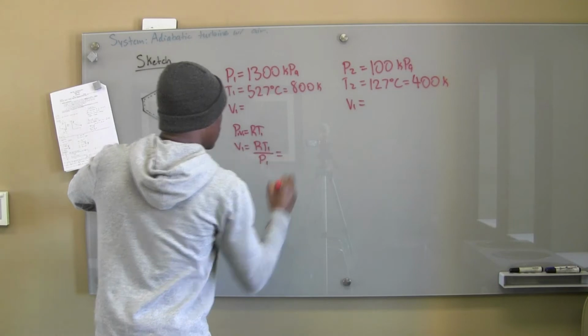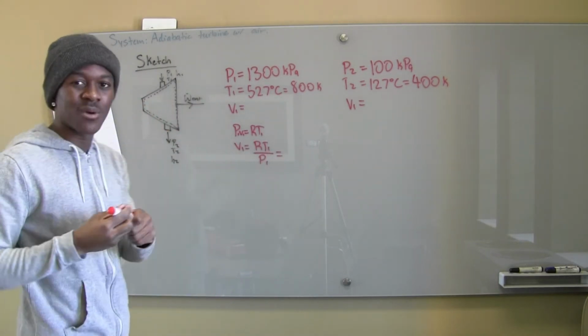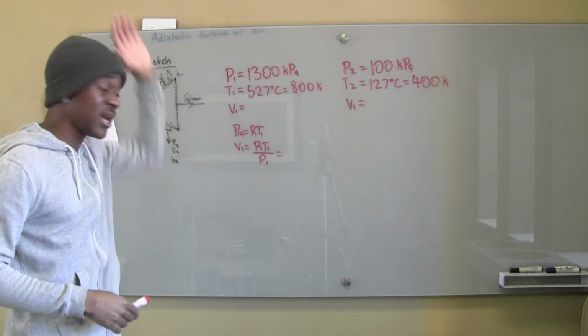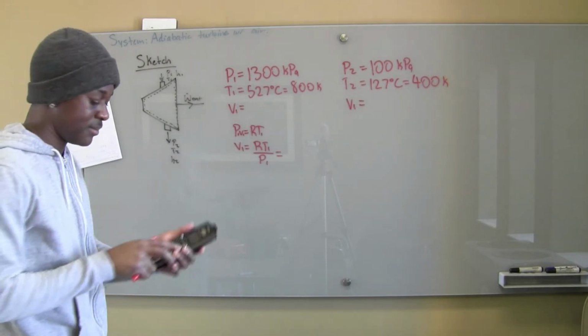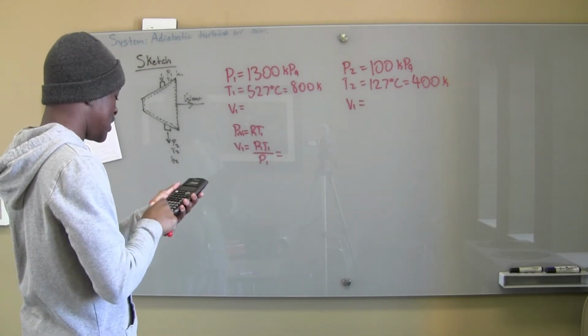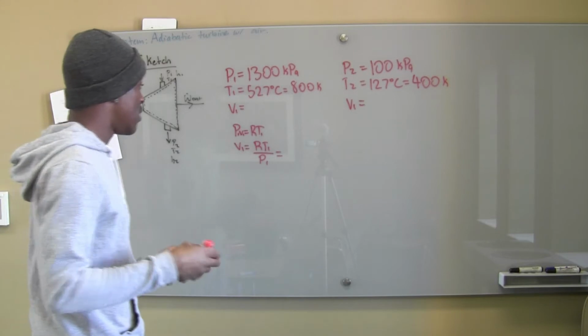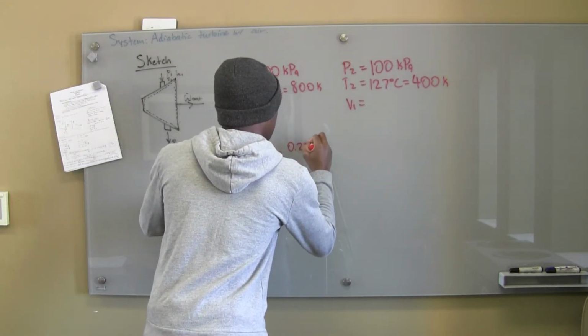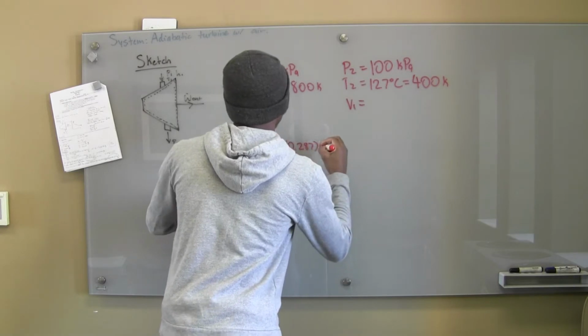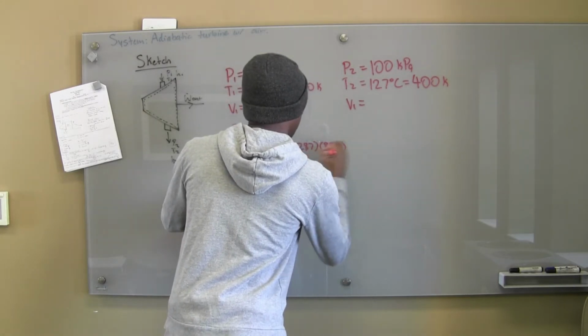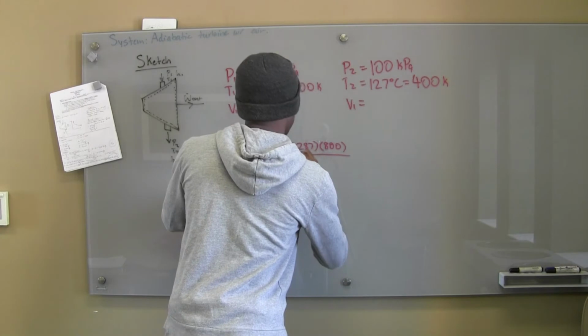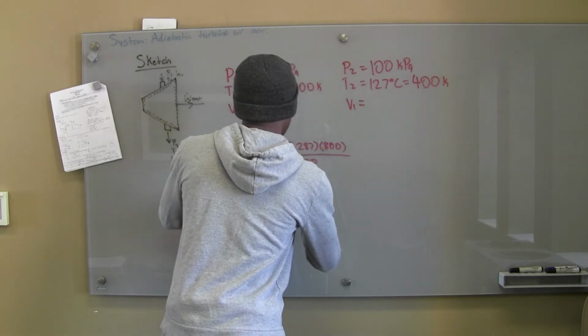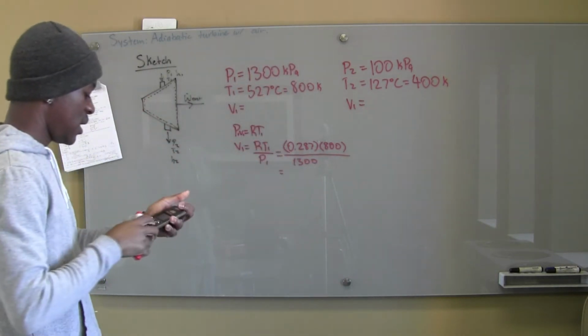Over P1, right? And the reason I'm finding this, I always find that v always comes in handy. So I'm just going ahead and solving for it. So R is 0.287 for air, right? Let me just go ahead and write this all out. T1 is 800 and P1 is 1300. So our v1 should end up being